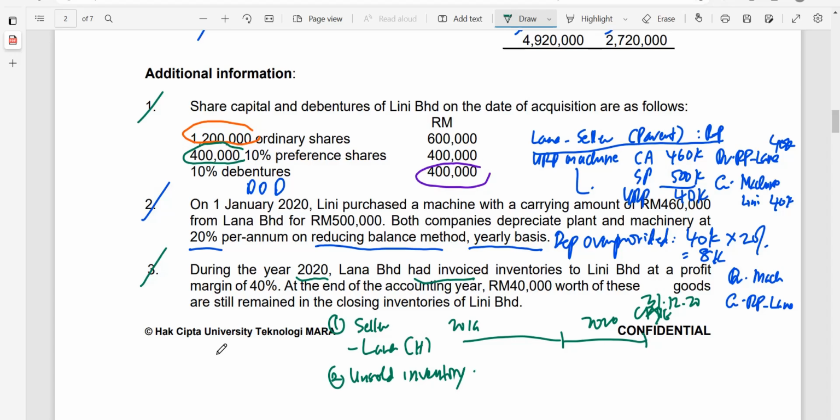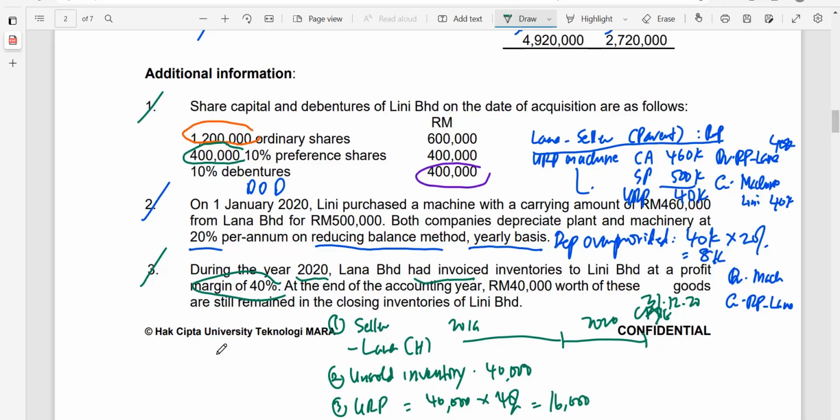So if you can see here, the buyer is Lini, so 40,000 still remain in Lini. And now no information is telling you whether this is unpaid or has been paid, so you assume no adjustment for the intercompany balances of trade receivable and payable. The next thing is for you to find out what is the unrealized profit on that unsold inventory. So you take 40,000 times percentage. Here you are given a margin of 40%, so you have 40,000 times 40%, that will give you